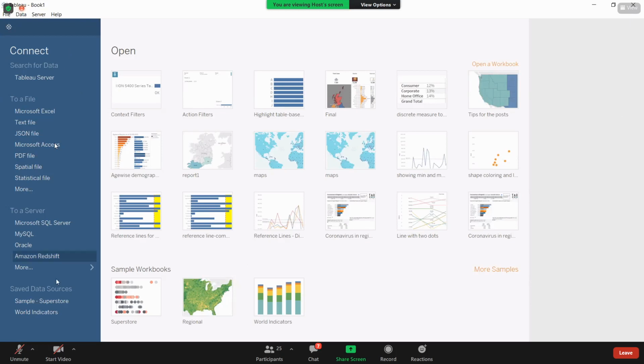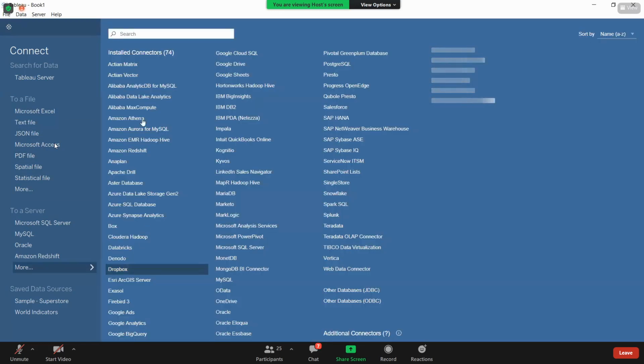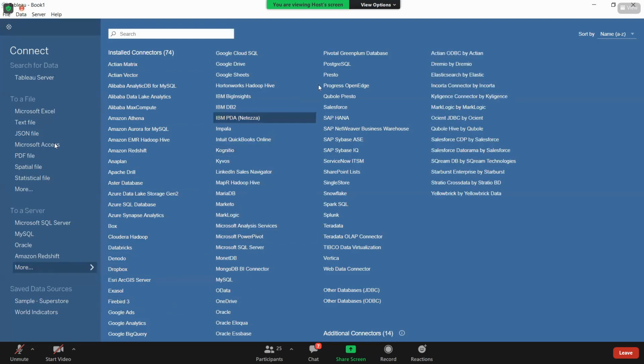Here, it is giving the connectivity to the data sources. If it is a file, then here it is mentioning the connectivity. And if it is a server, here is the connectivity to the server. You can connect to these many servers through Tableau.